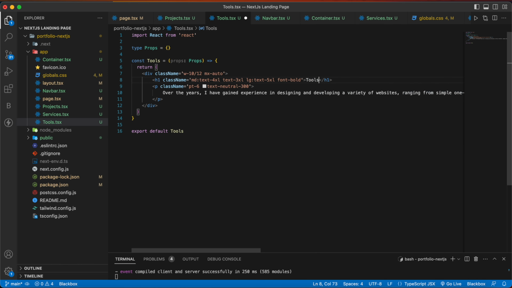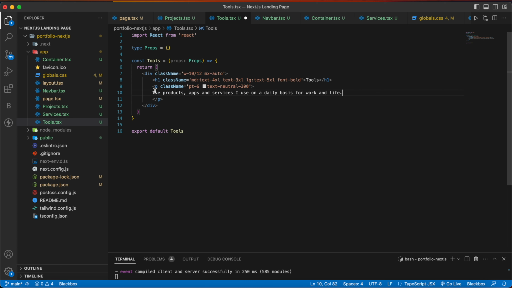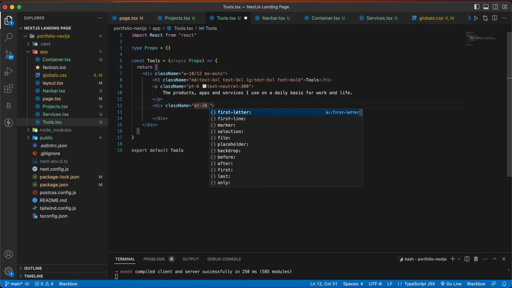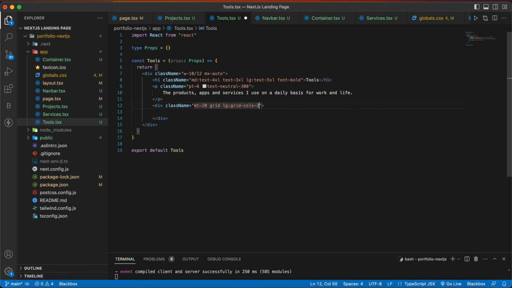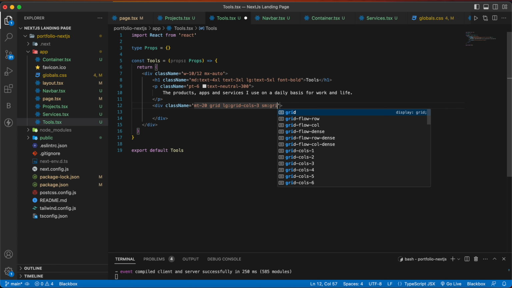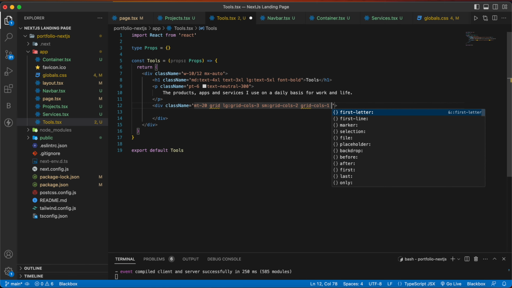So here will be tools, and in place of this we are going to write this, and now below this p tag we are going to have a div with a class name of mt-20 grid, lg:grid-cols-3, sm:grid-cols-2, otherwise grid-cols-1, sm:gap-10.